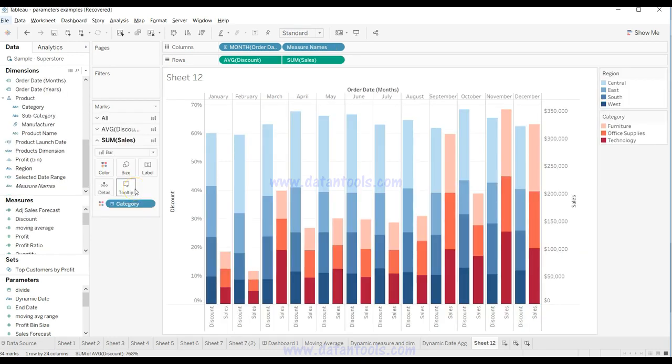Hey guys, welcome to the next video, and in this video I want to show you a side-by-side stack bar chart, as you can see, as well as having a dual axis. So what we're showing here is a busy chart which has the average of discount and sum of sales for two different dimensions, which are region and category. If you have a similar requirement and find it a bit complex because it's slightly tricky, then let me show you how you can do it